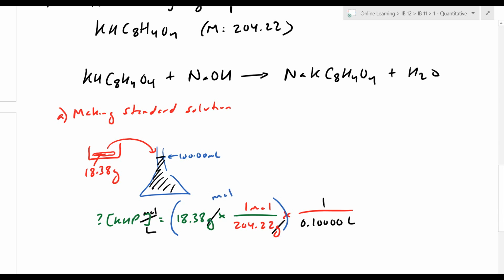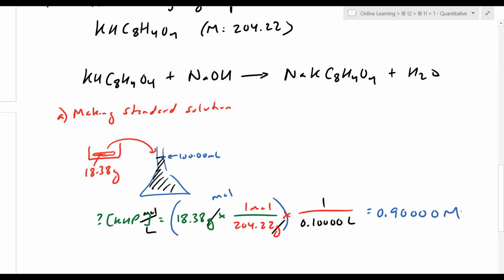So doing that, I have 18.38 divided by 204.22 divided by 0.1. I get a concentration. Keep your sig figs, right? The whole point of this is being precise. The analytical balance actually gave me more precision. I'm just going to treat it as a 4 sig fig number. There's 5 sig figs there, so